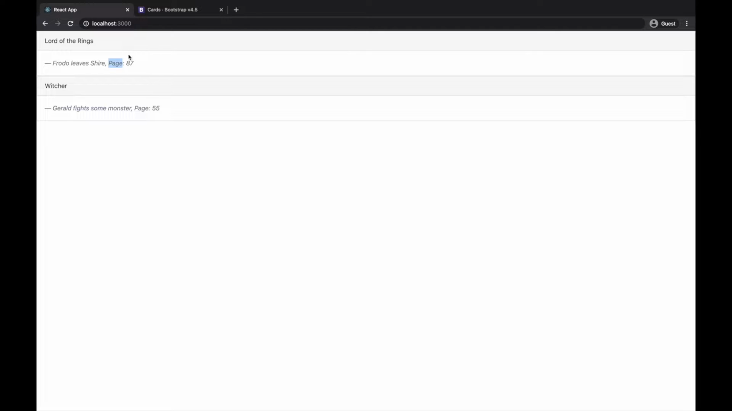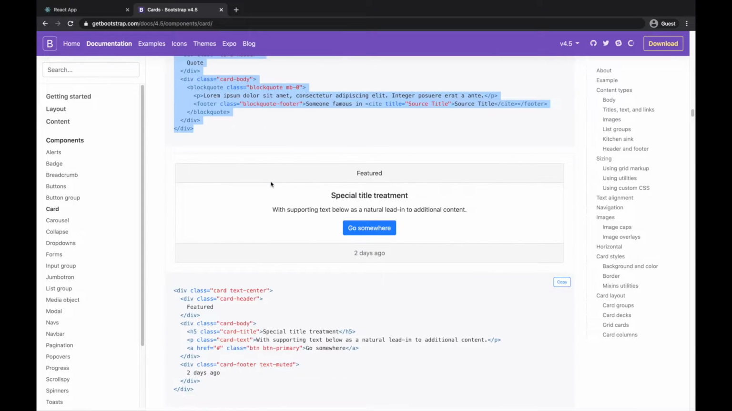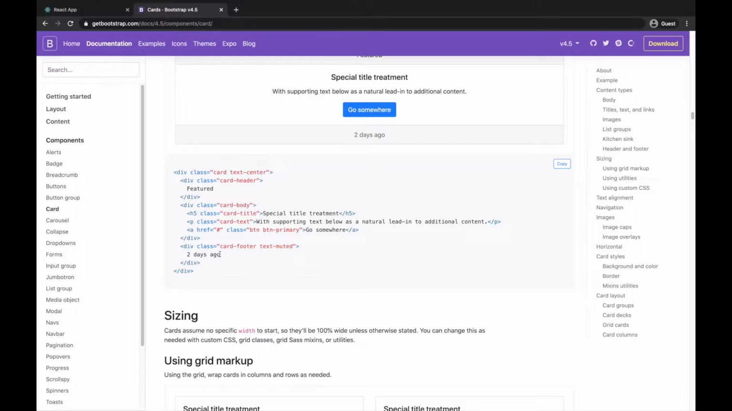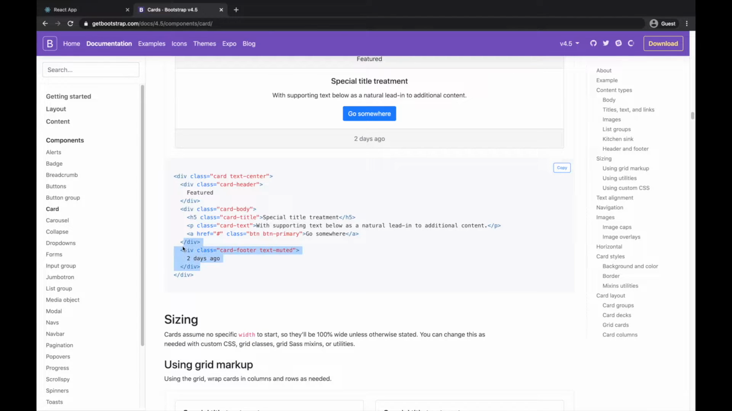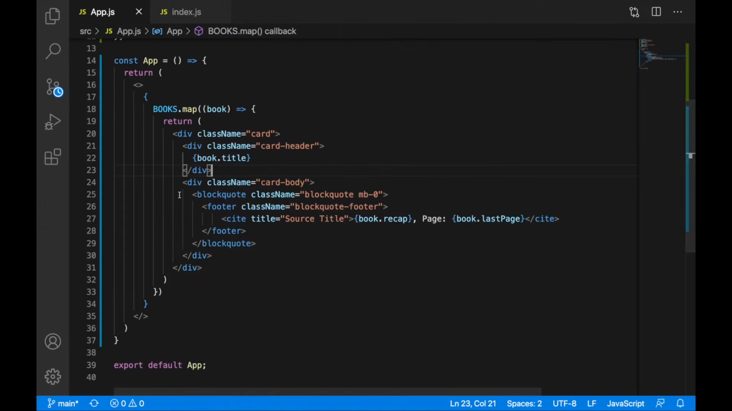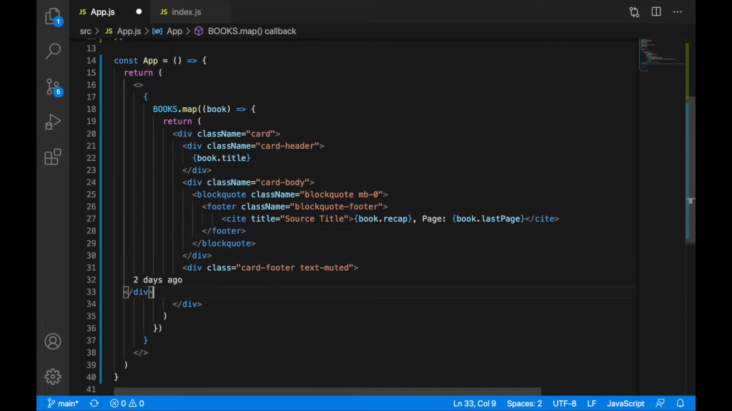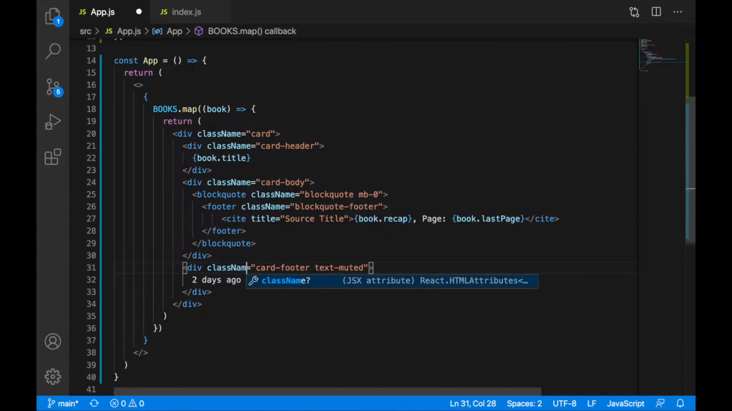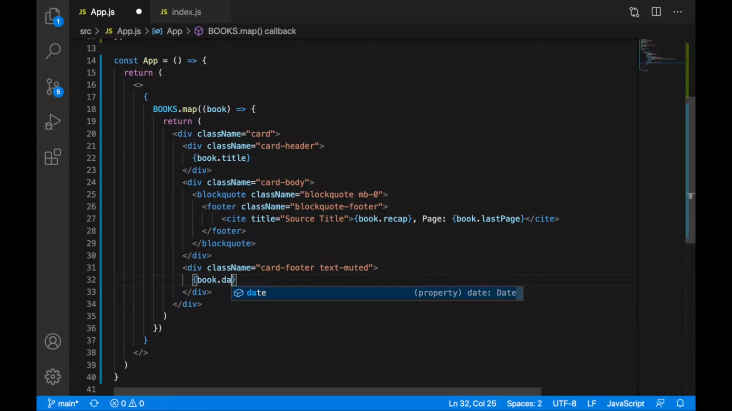Perfect. One more thing, I would like to provide a footer for the card where I will display the date. So for this, let's go back here and see how we can provide a footer. Okay, let's go down here, and here it is, card footer. So we can copy this div. Okay, let's go back. And under our div, under the card body, let's provide this card footer. Let's indent it properly to the right side, and let's provide className because we are using class names in JSX. And instead of "2 days ago", let's provide in the curly brackets our book.date, and